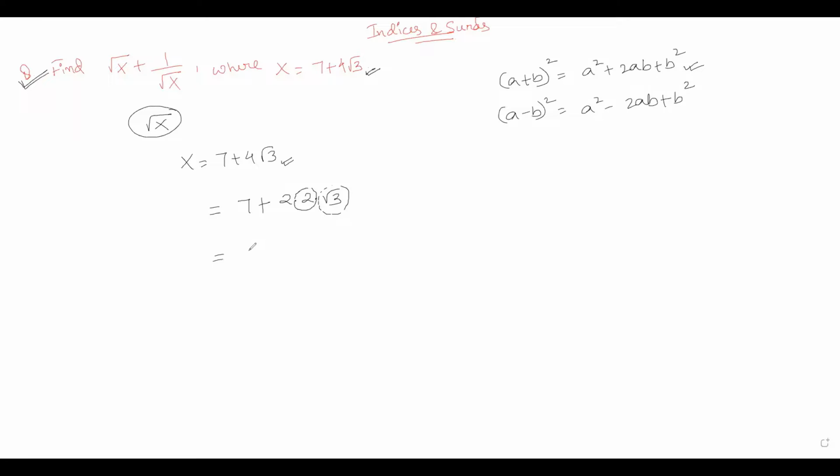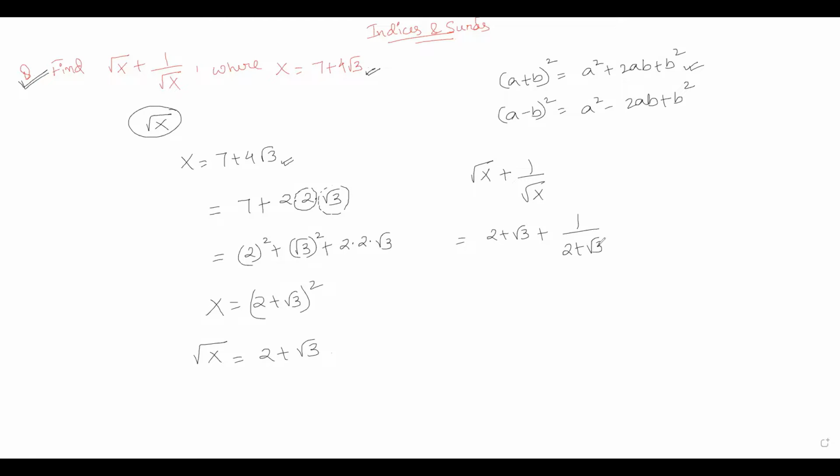So this 7 can be written as 2 square plus root 3 whole square plus 2 times root 3. So finally, this will be 2 plus root 3 whole square. So root of x would be simply 2 plus root 3. So now root x plus 1 upon root x can be written as 2 plus root 3 plus 1 upon